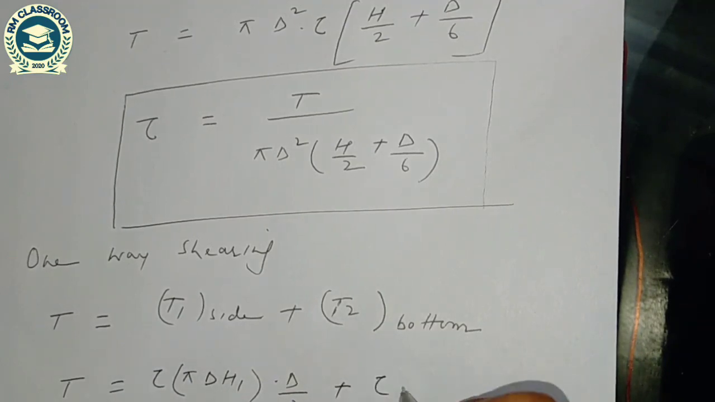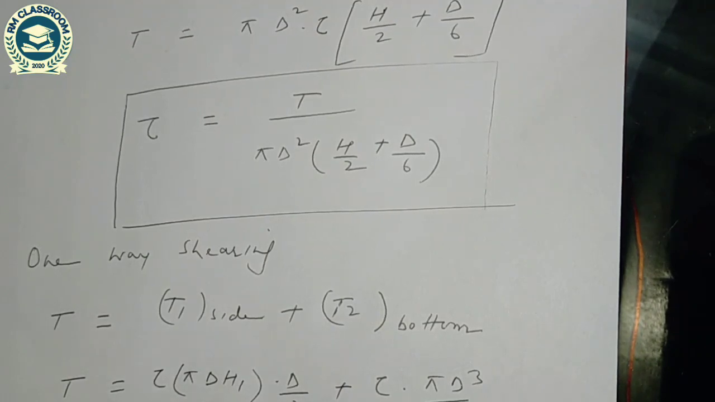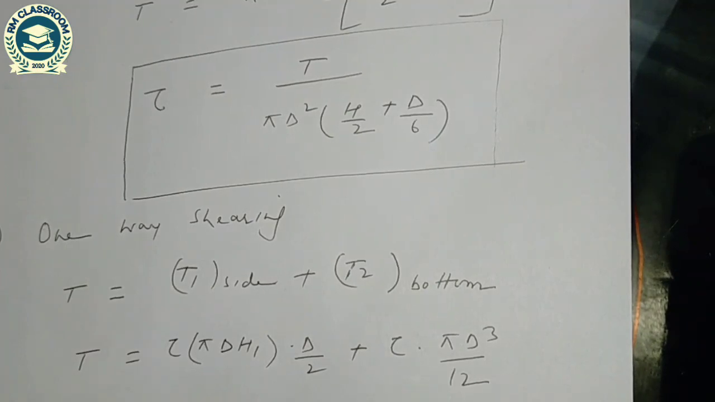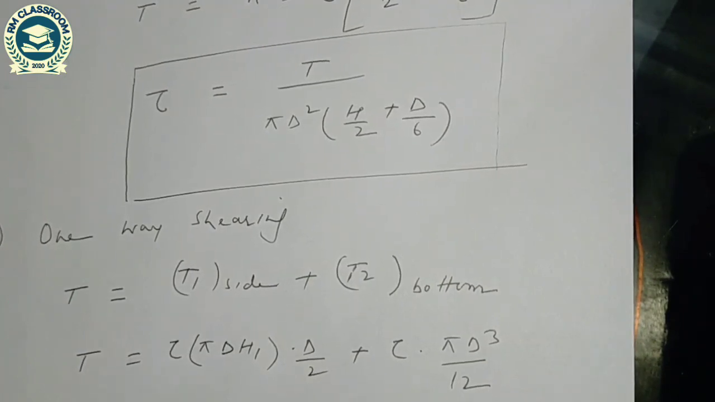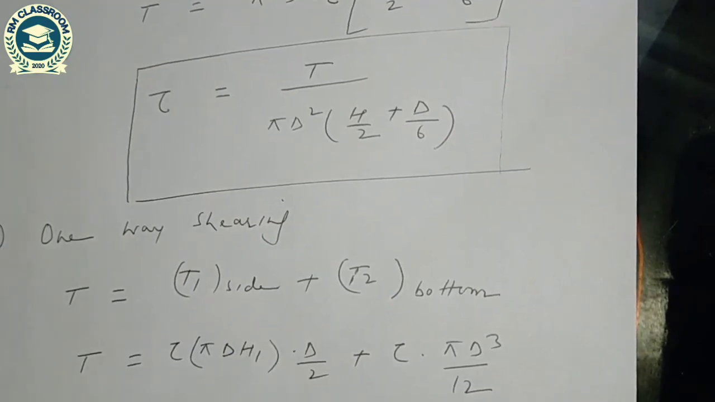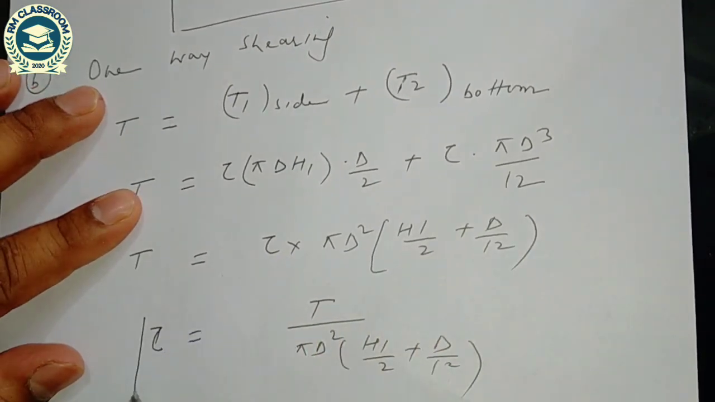plus tau times pi d cube by 12. So total torque is equal to tau times pi d square, if I take common, h1 by 2 plus d by 12. So shear strength is equal to T by pi d square into (h1 by 2 plus d by 12). So this is the expression of the shear strength of